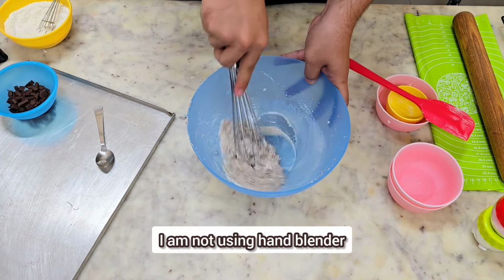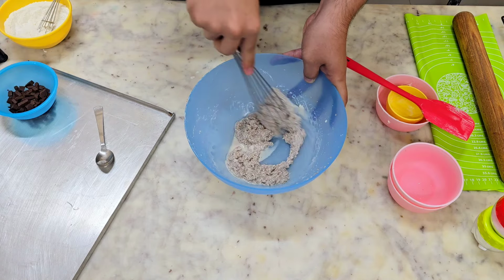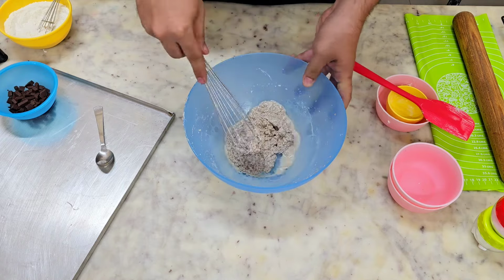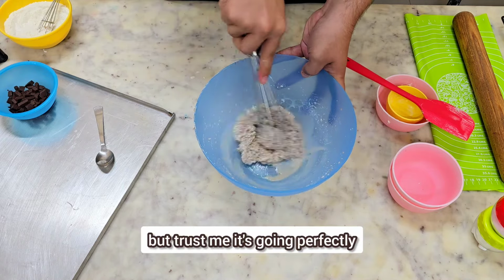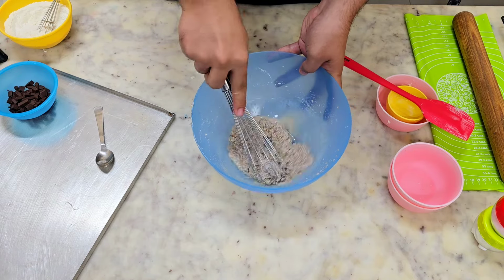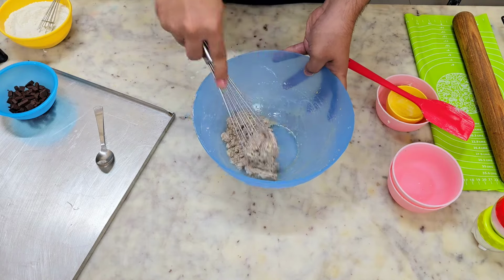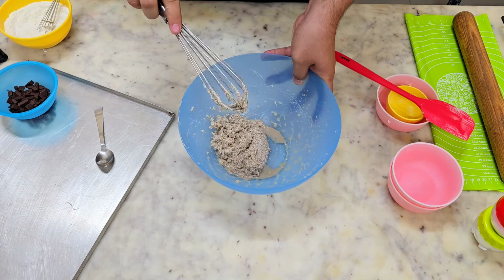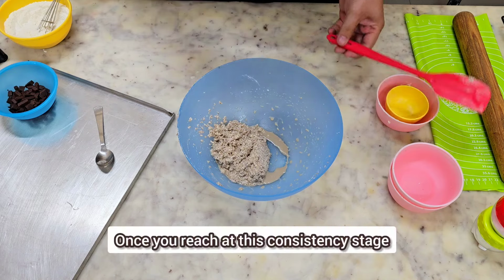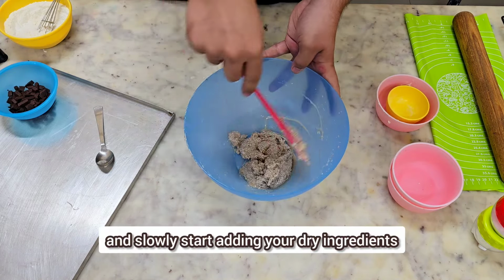I'm not using a hand blender or else all the milk would be splattered on me. You see here, all the milk has been absorbed in this sugar butter mixture. It may look a little split to you, but trust me, it's going perfectly. Okay, once you reach this consistency stage, mix it with a spatula and slowly start adding your dry ingredients,